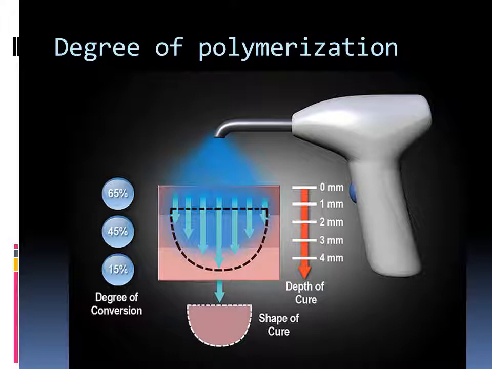So this is a very important factor, and that is why it is advocated that we use an incremental technique. We don't fill up the cavity up to 4 or 5 millimeters right away. We place increments, ideally of 1 millimeter, and then we cure them one by one, step by step and layer by layer, to get the best properties and to minimize the shrinkage and increase the degree of conversion at the same time.